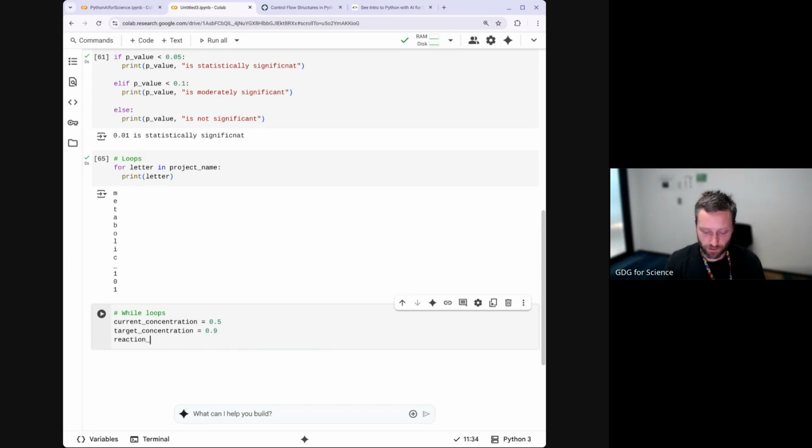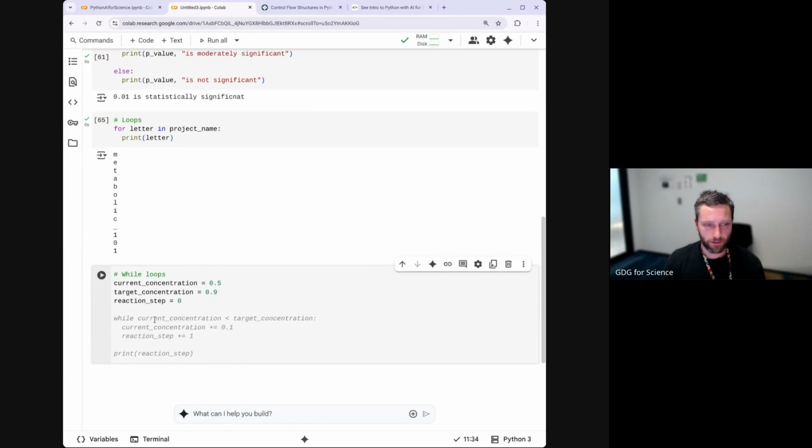Let's go reaction step equals 0. Okay, and then I can say while current concentration is less than the target concentration,